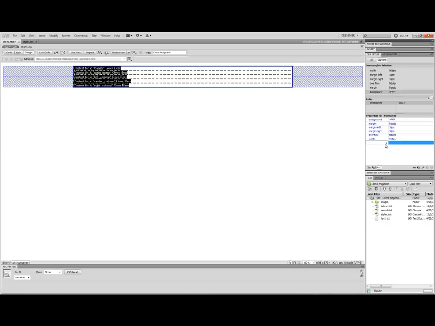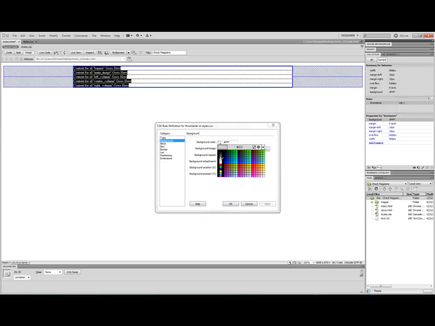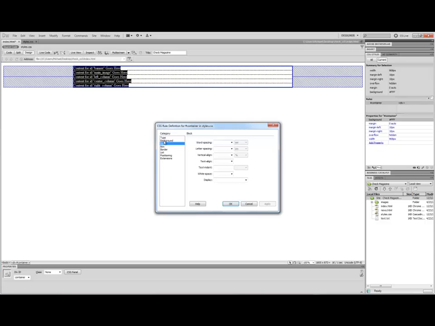I can add a property and then pick from the drop down list and add something, or I can double click on the container and I can get the CSS rule definition, and let's say I can pick a different color for my background image. So there's a lot of things you can do here, and these are all your CSS, basically the things Dreamweaver will help you with in these